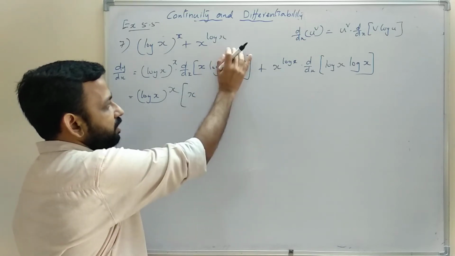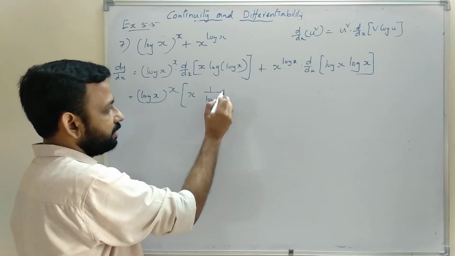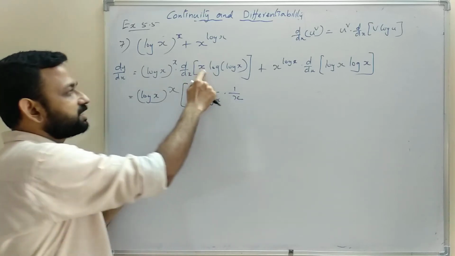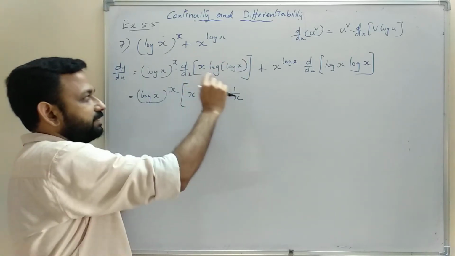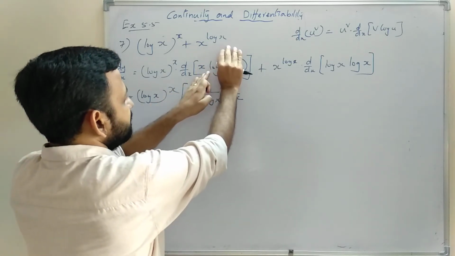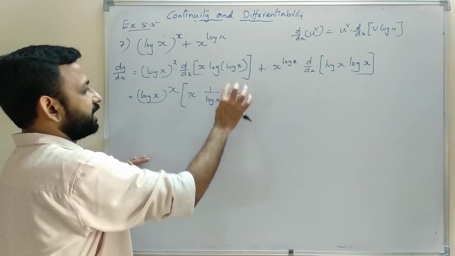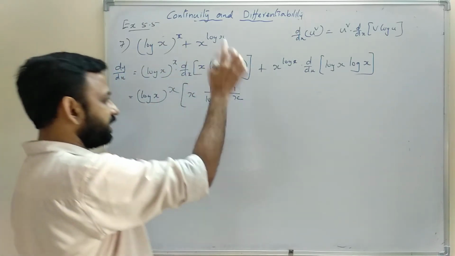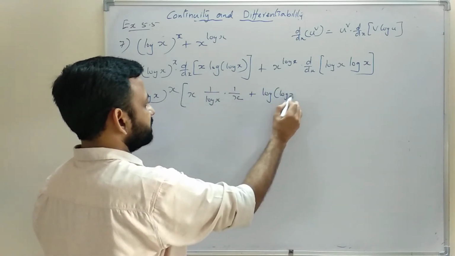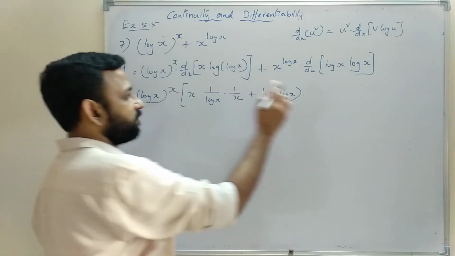So derivative of log, that is 1 by expression inside the bracket, 1 by log x, into derivative of log x, that is 1 by x. So first function into derivative of second, plus second function, that is log x, into derivative of x with respect to x, that is 1,